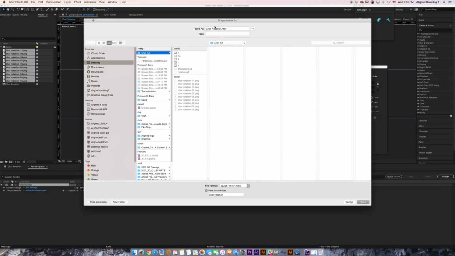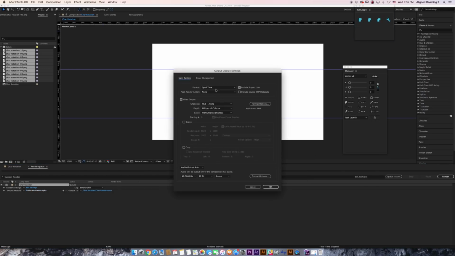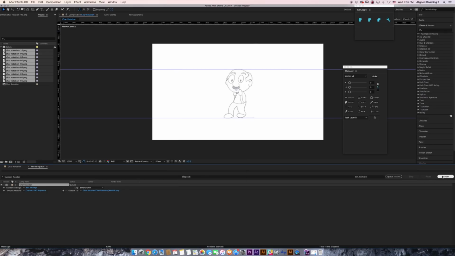Click on this and we are going to make a new folder with the name rotation and export them as a PNG sequence. And render.